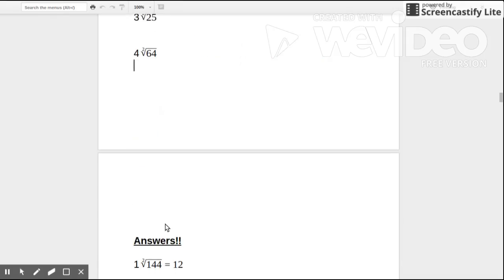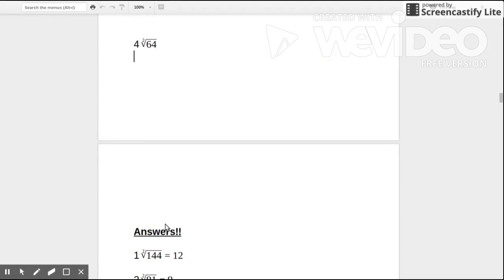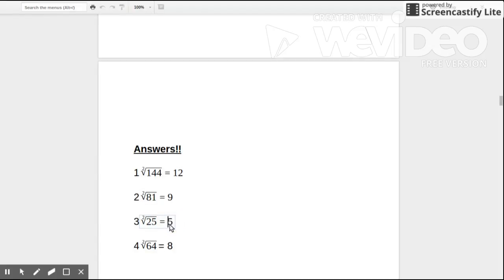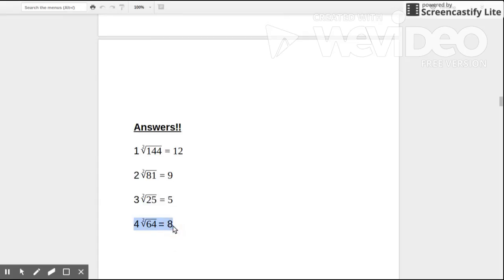Now that you have done those questions, I will review the answers with you. For question 1, the square root of 144 is 12. Because 12 times 12 is 144. For question 2, the square root of 81 is 9. For question 3, the square root of 25 is 5. And for question 4, the square root of 64 is